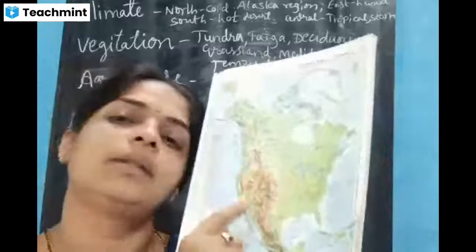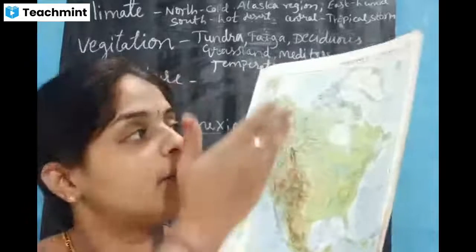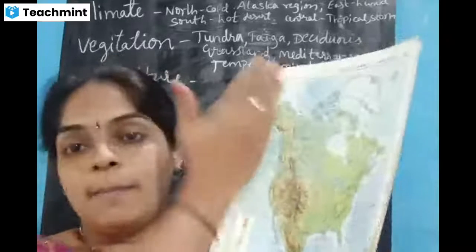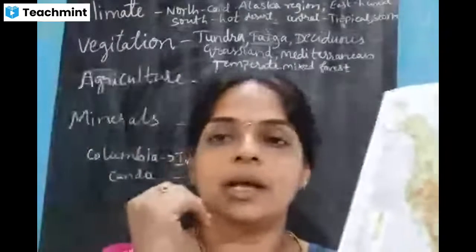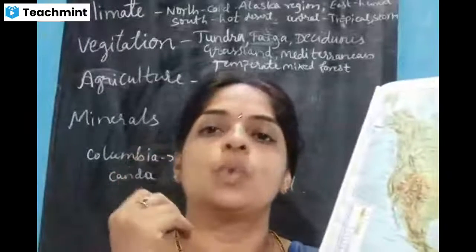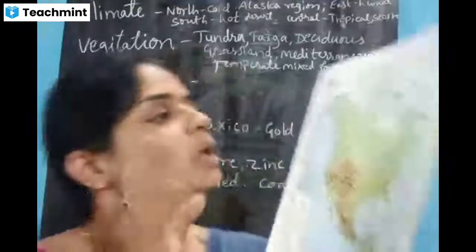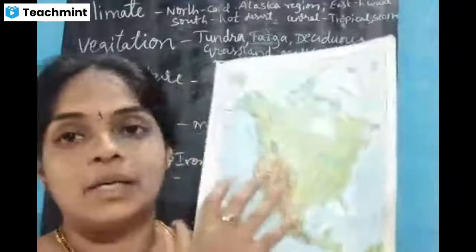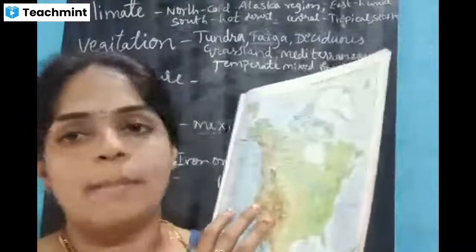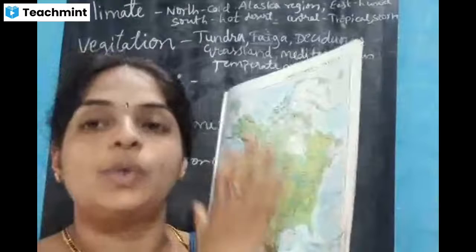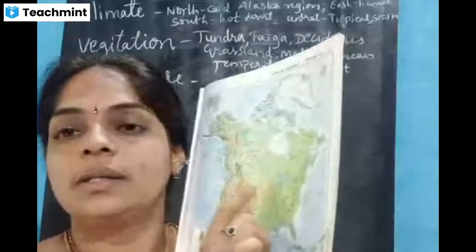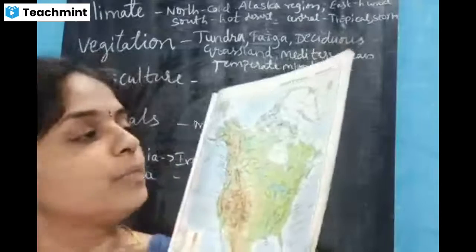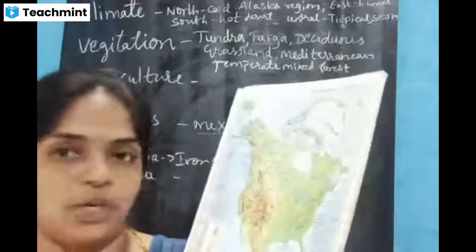When you go up a mountain, what experience do you get? In the upper part of the mountain, you get a breeze, yes or not, and you see very cool weather there, yes or not. So that is the climatic conditions of North America. Because of the longest latitude in the central part, they get the tropical type of climatic condition. Okay, what type of